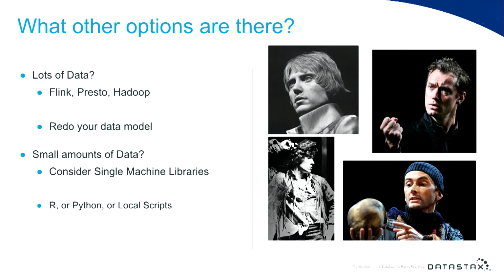So if we are working with lots of data, and I just listed there's a couple competitors to Spark: Flink, Presto, Hadoop. All of these are different large big data frameworks that will let you read data from big distributed sources and do really large operations on them. If you have any of these already in-house, I would always suggest going with a technology that you already have expertise in rather than introducing a new technology just because it's fun, although it is fun, so you might want to do that anyway, but your mileage may vary there.